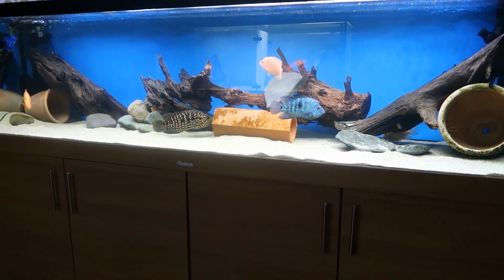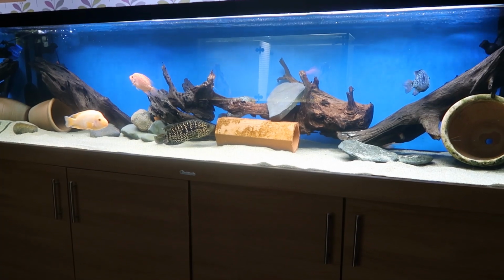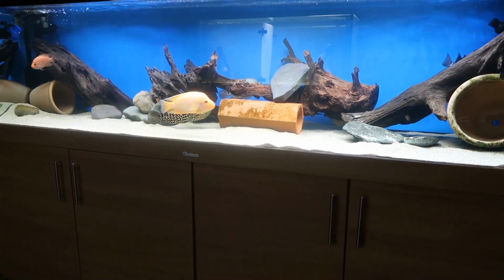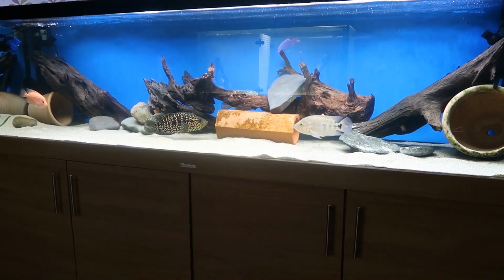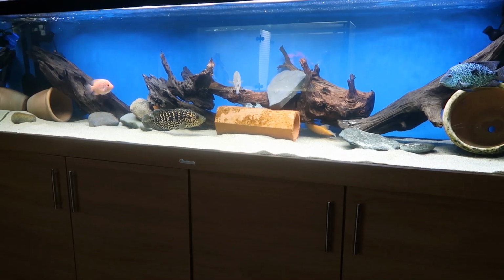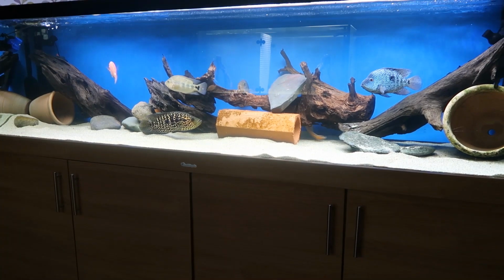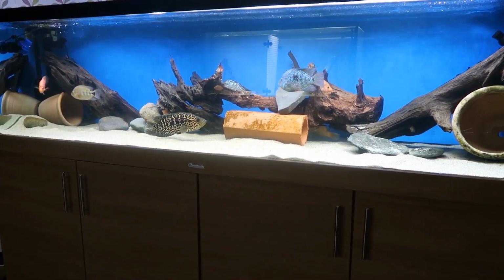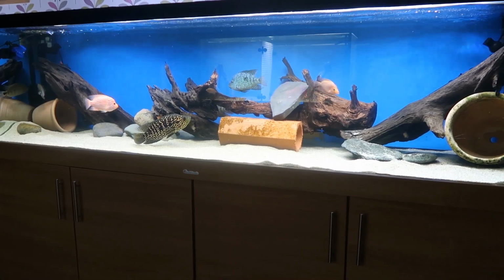You remember I had a female barred Midas cichlid in, and she was getting frisky with the jaguar cichlid, and she just snapped in the space of one day. She went mad and she tried killing my carpenters, my jag cichlid. When I say tried killing, I'm probably overreacting, but she went mad. So I had to take her out, so I took her out and I thought, right, I'll put her in